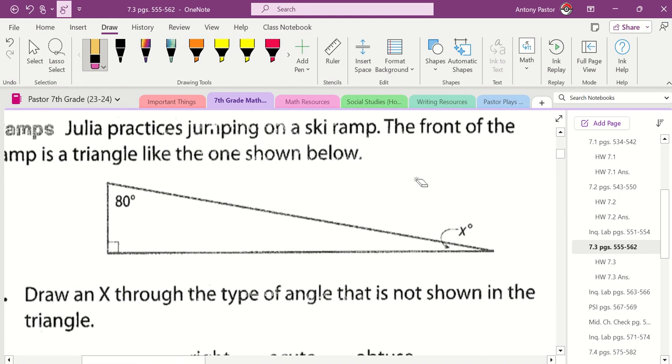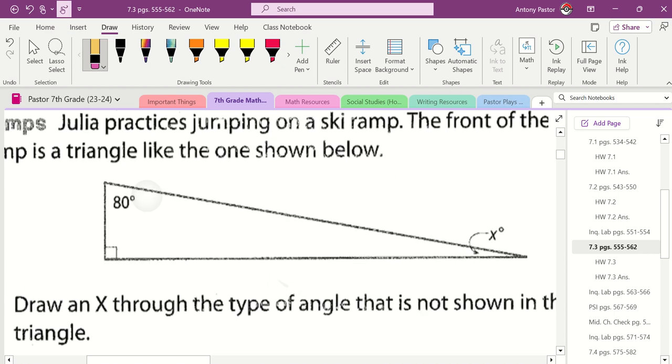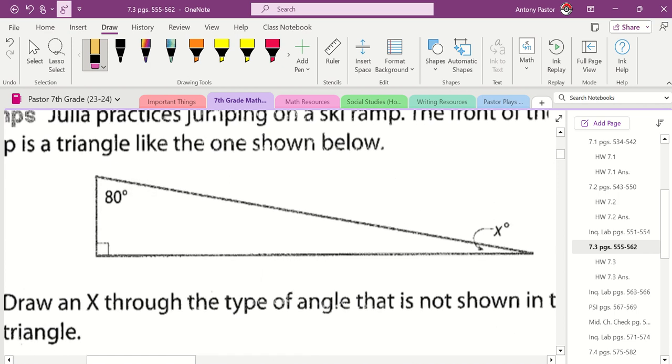So, real world link. Julia practiced jumping on a ski ramp. The front of the ramp is like a triangle shown below. Here's the ramp. What do we notice just looking at the ramp? What do we notice? Zorwar. There's a right angle. So we're looking at the angles. There's one that's a right angle. What else do we notice, Brody? Okay, there's an 80-degree angle, which is what type of angle, ladies and gentlemen? Acute. And this one, we don't know the measurement, but we can tell by looking at it that it's an